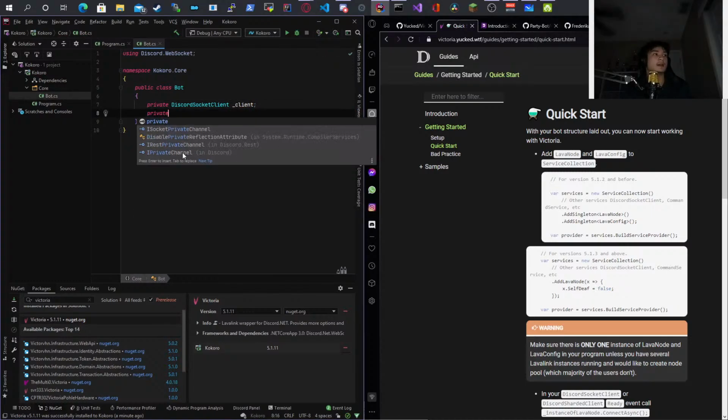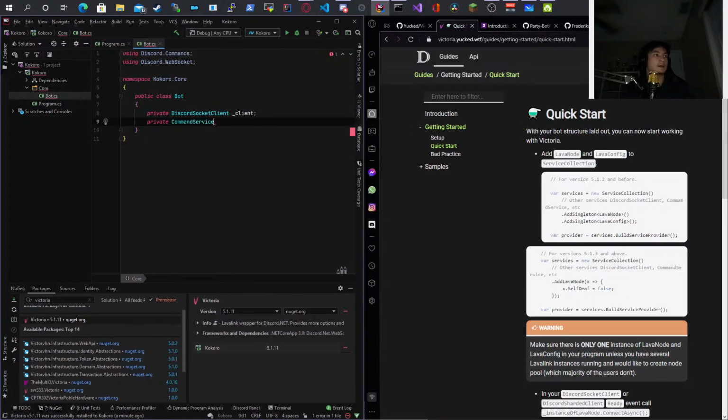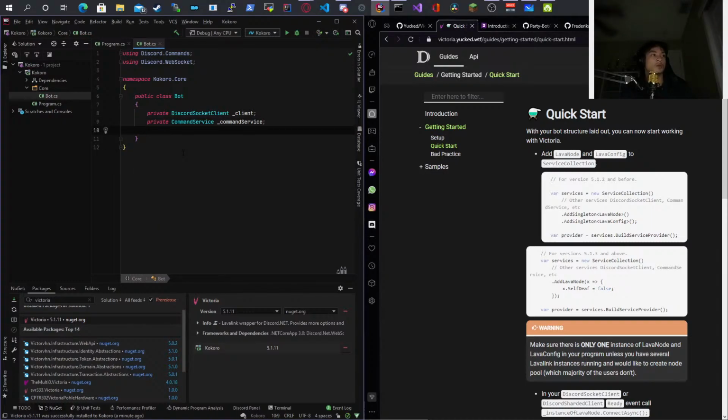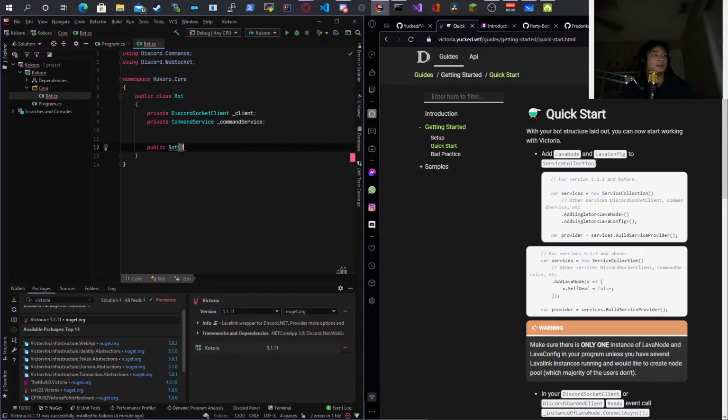I need to also have a private command service, and this is going to be called command service. We're going to make a whole static class, so then it's easier to do everything with that. So public Bot. So client.